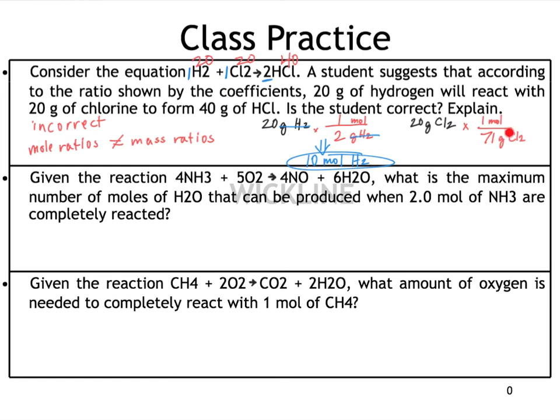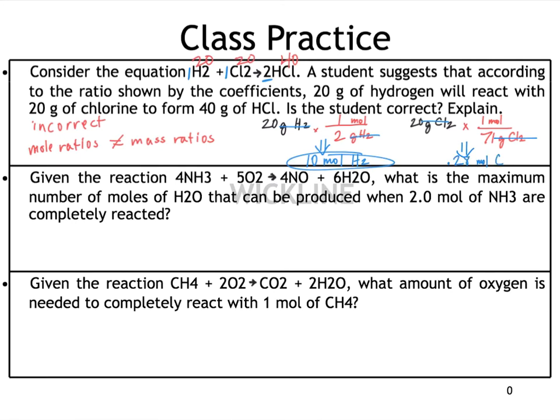I altered that to 71 grams per mole because, due to rounding, it wasn't convenient, so I made it up to 71. But that does mean that after the grams of chlorine cancel in the numerator and in the denominator, we're going to be looking at only 0.28